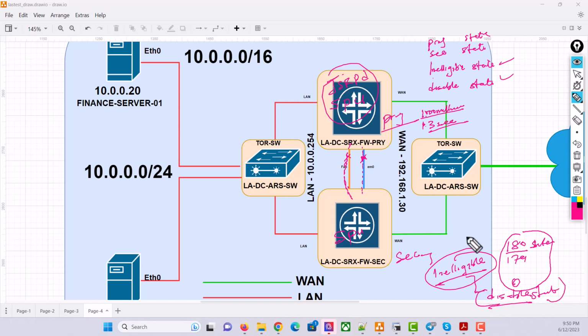Now, once a device is in a disabled state, you can still log in to the device, but for you to bring it out from the disabled state back to the secondary, you have to do a reboot. You can either do a manual reboot if you are aware that the device is actually in a disabled state, or